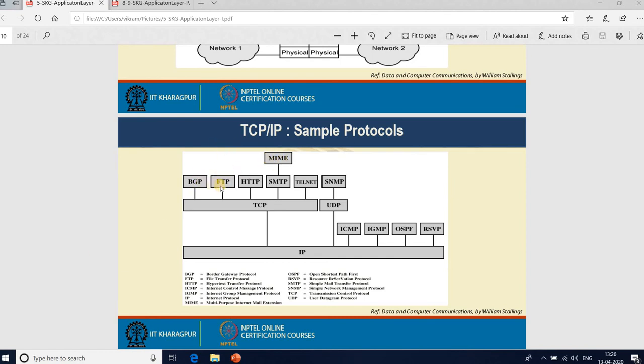MIME, BGP (border gateway routing protocol), FTP (file transfer protocol), SMTP (simple mail transfer protocol), and telnet are supported by the TCP protocol, and the SNMP protocol is supported by the UDP protocol here. The IP layer has other protocols like ICMP (Internet Control Message Protocol), IGMP (Internet Group Management Protocol), OSPF, and RSVP.